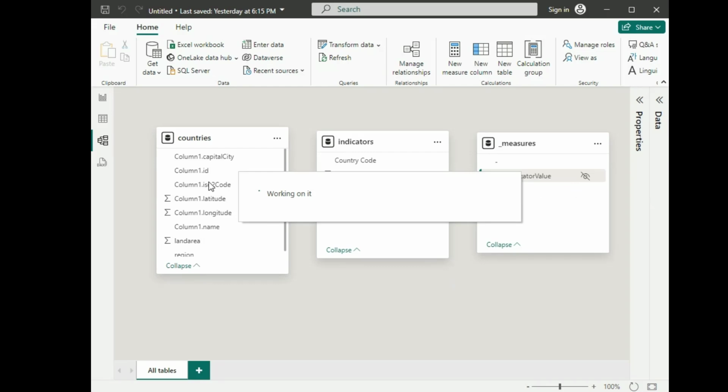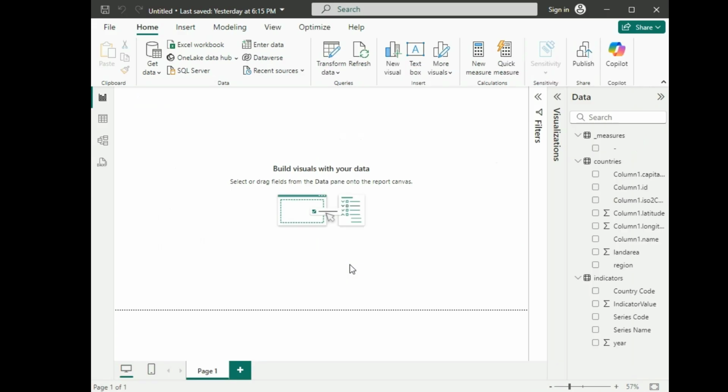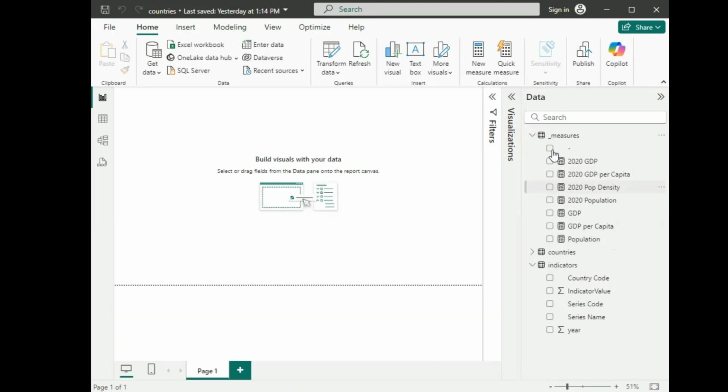Now, let's go back to Report View and start defining each of the downstream measures. I'm going to select the Measures table and click New Measure to define each one. Here I have already created these measures, but I am going to go over them again, so you get an idea of what to do. The series code for population is